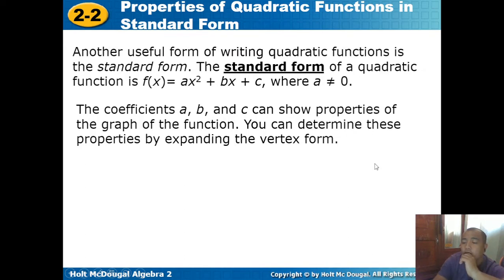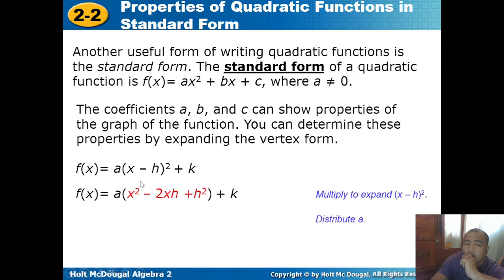Another useful form of writing quadratic functions is the standard form. The standard form of the quadratic function is f of x equals ax squared plus bx plus c, where a is not equal to 0. The coefficients a, b, and c can show properties of the graph of the function. You can determine these properties by expanding the vertex form. This is the vertex form of a quadratic function. If we're going to expand this,